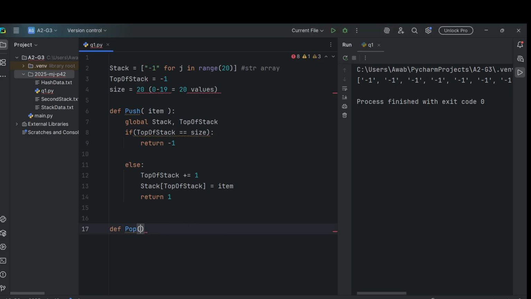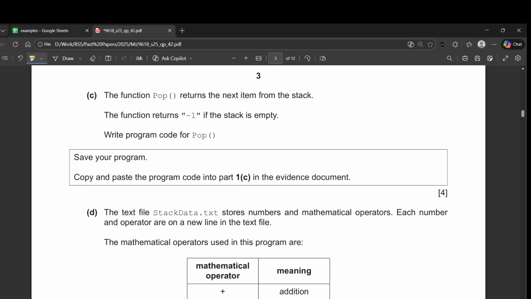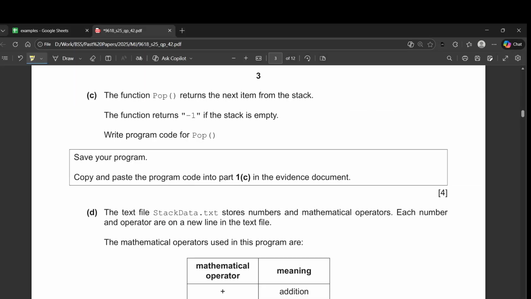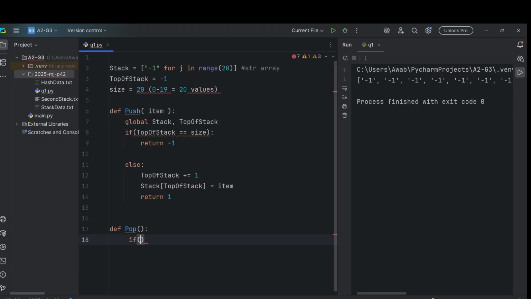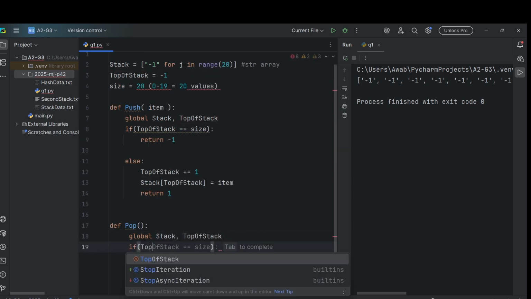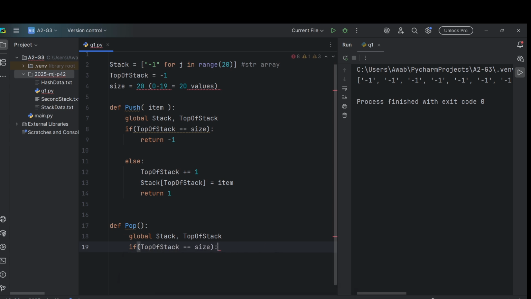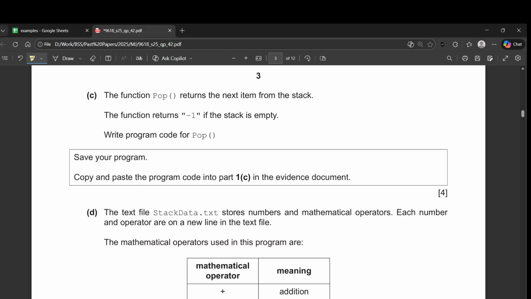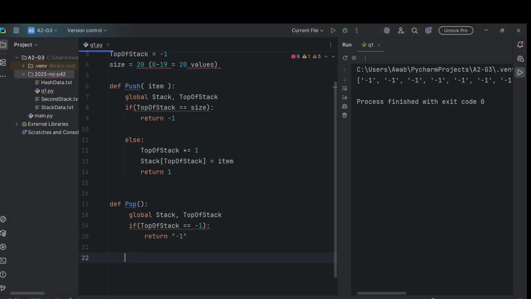Alright, so we already know that the stack would be empty when the top of stack is pointing to -1 because that is what the initial value would be. So if the top is pointing to -1, then we can safely assume that the stack is empty, there are no values there. So first of all, you have to global it. Every time you have to global it. So if top of stack is equal to -1, then that means that the stack is empty. So we return string -1. Otherwise they're saying return the next item from the stack. So in the else statement,